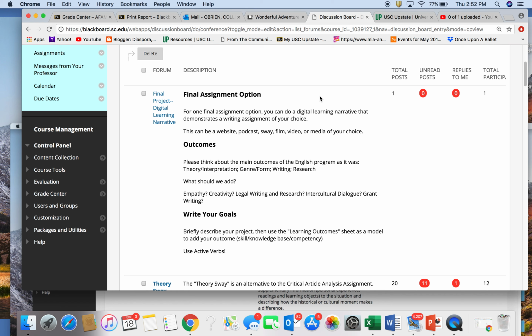And on the discussion board, I would like you to think about the outcomes or the outcome for your assignment. They can be outcomes already stated for the English program, or you can add a new outcome. And by outcome, I mean the project that you're going to do to show what you've learned might show that you've learned about empathy, creativity, legal writing and research, intercultural dialogue, grant writing, any number of topics, in addition to